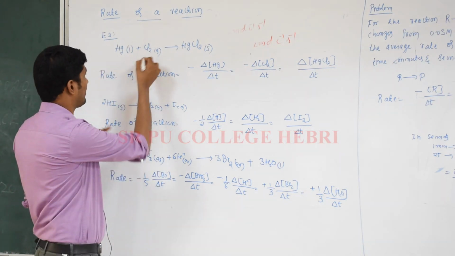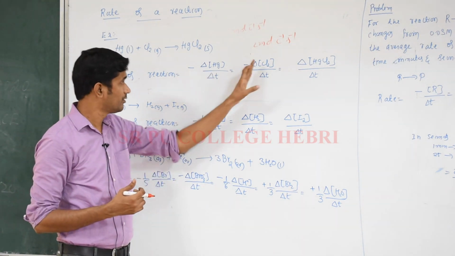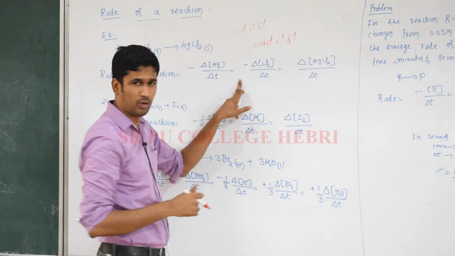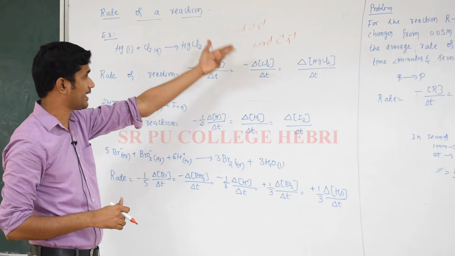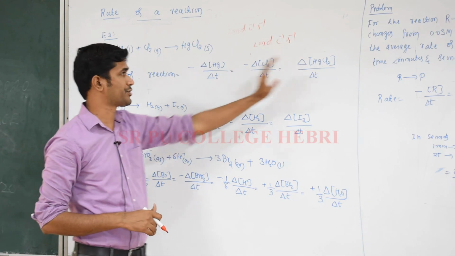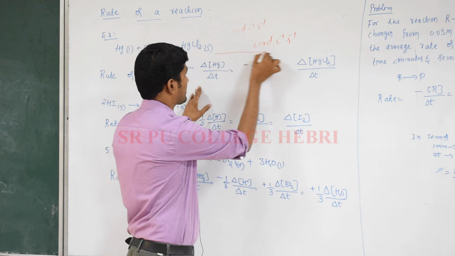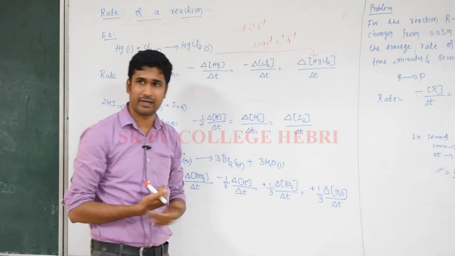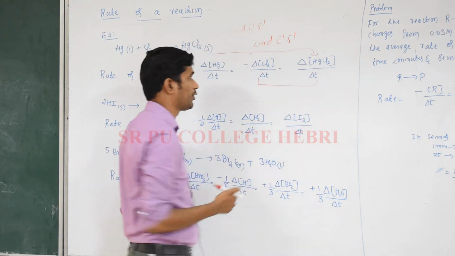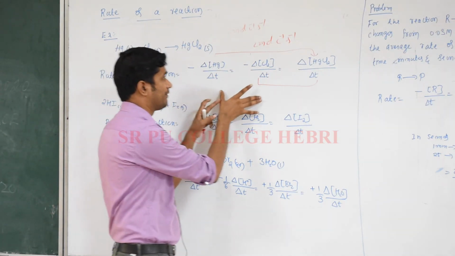So here we have equal number of moles of Hg and Cl2. Now rate of disappearance of mercury is equal to rate of disappearance of chlorine, which is equal to the rate of appearance of product HgCl2. Since they are in equal numbers, you can write like this. So the rate of disappearance of mercury is equal to the rate of appearance of mercury chloride. Similarly, the rate of disappearance of chlorine is equal to the rate of formation of mercury chloride. So these two rates are equal.